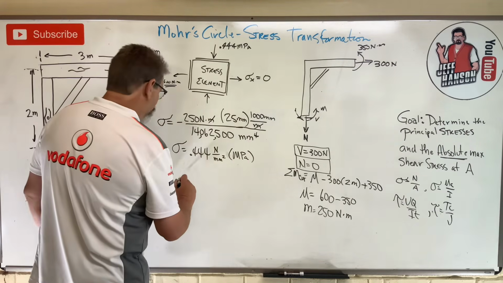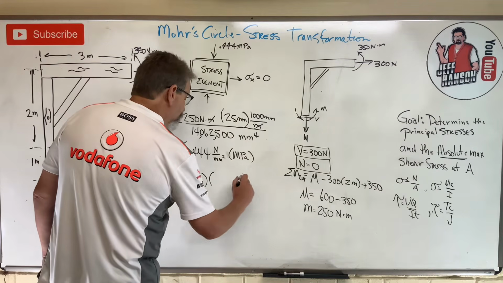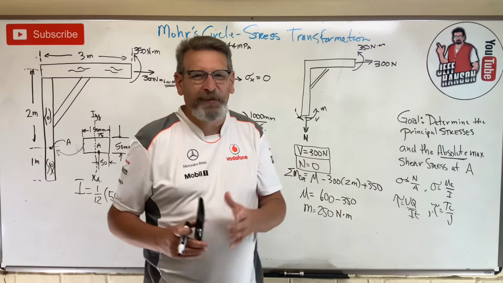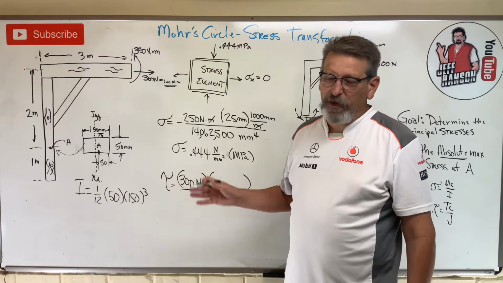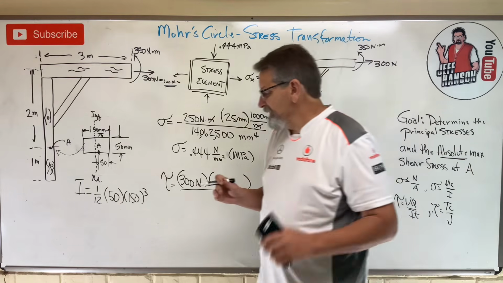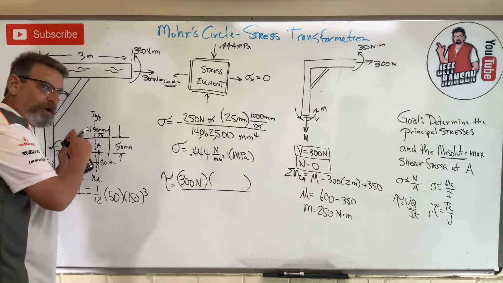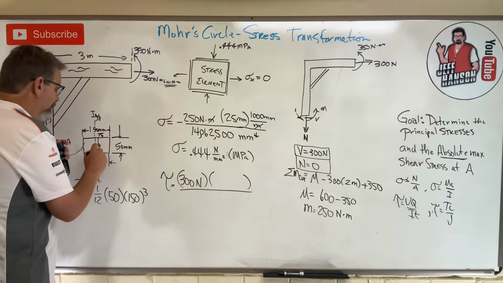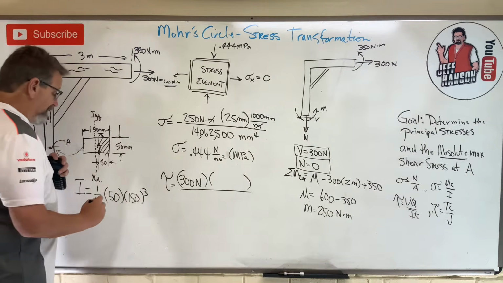So V is 300 newtons, times Q. Oh, we love Q, don't we? Come on, Q's not that bad. All right, what is Q for this? You ready? Push pause and get Q right quick. Go. All right, are you back? Let's see if you get what I get here. Q goes like this. Q is, remember, from the point of interest all the way to the outside of the part. That's Q. So here it is. All of this out here is Q. And Q is